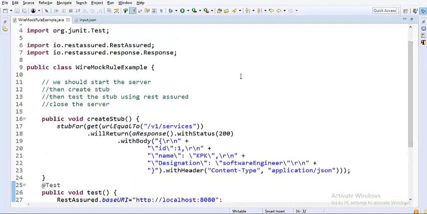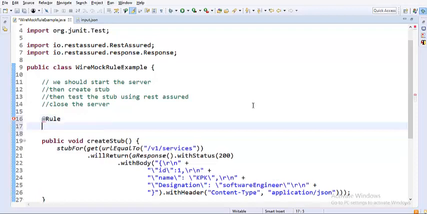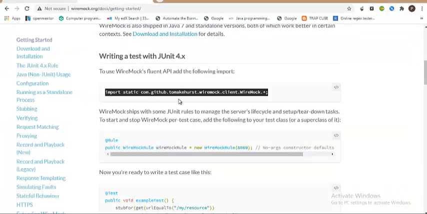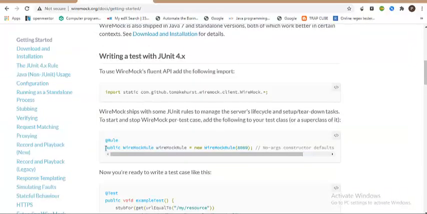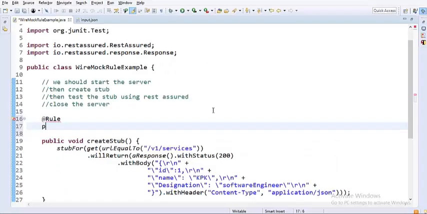Let us focus on how we actually create an instance of the WireMock rule class and how we start it. From the documentation, we have already seen that @Rule is the annotation that comes from JUnit. If you go to the documentation, this is how you basically start your WireMock server. You will create a public object with public scope.